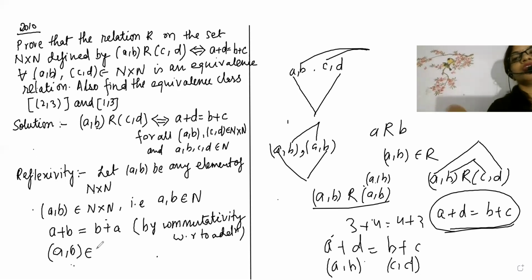That means now we cannot write belonging because we already know that it belongs to R. So we will write A comma B related to A comma B. Beta, now C and D will be written. So see, the last one, the fourth one, will come first, and this one will come after that. And that is what you have written, C plus D.